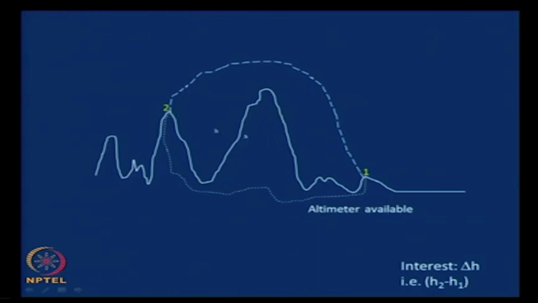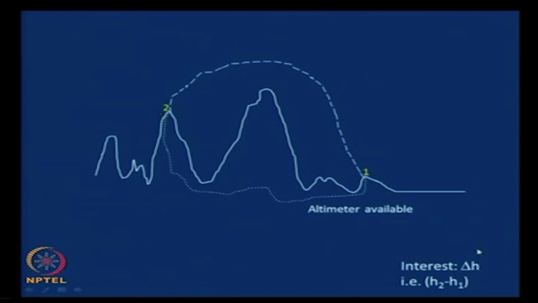Welcome. In the last class we saw an important concept that we will use repeatedly in classical thermodynamics, that is the concept of state variable values not depending on the path taken between the two states. To understand that a little better, the example that we had considered was taking multiple routes between two destinations 1 and 2 in a mountainous region, and if we are interested in the difference in heights between 1 and 2,